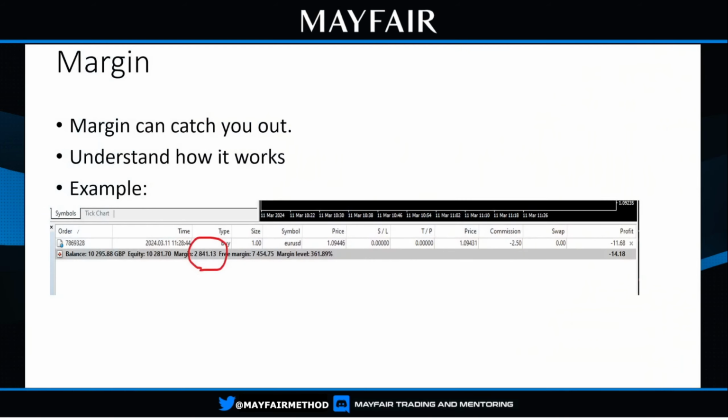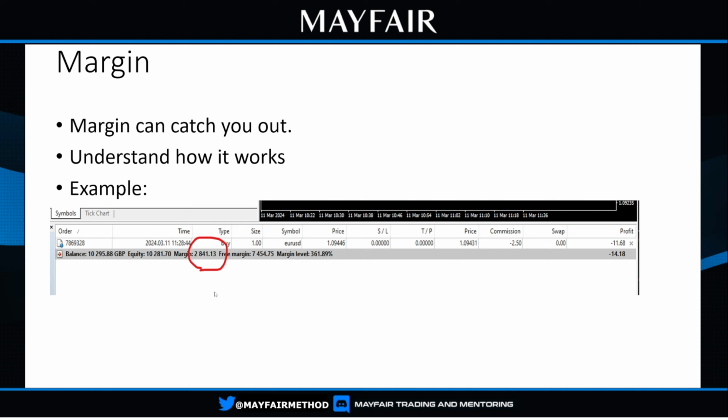Now I'm going to talk about something called margin. If you know about it, skip on, but even those who know about it might find some interest here. Margin is how much it costs to run a position. So this example, which I'm going to put up now, I put 1 lot in as an experiment. I suggest you do this on your demo account, put in a 1 lot and see how much margin it is. So £2,841 because it's a pound account.